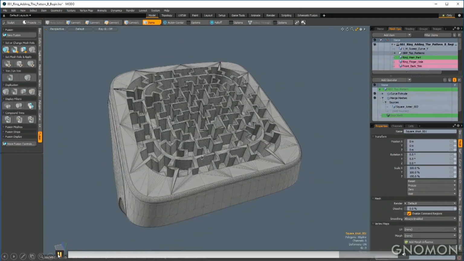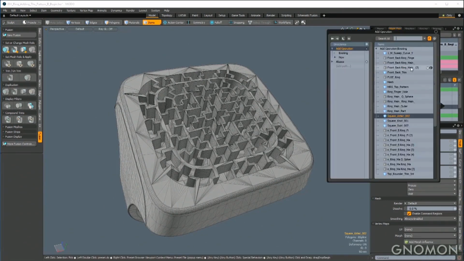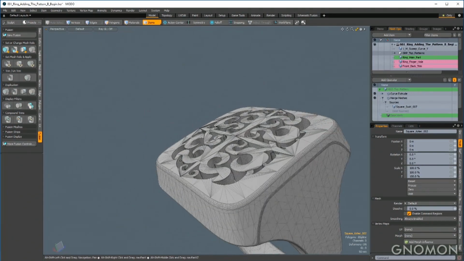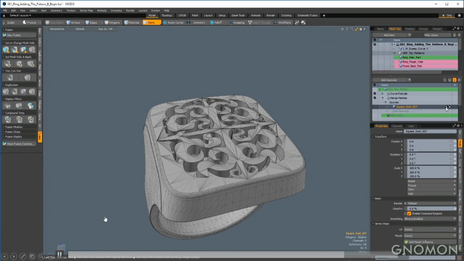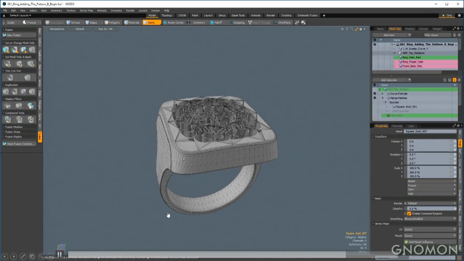So all that work that we did to set up, we can now just take any old design. Even if I make a design later on tonight, I can import it as the source, and now I can just change the design on the fly. It's a super powerful part of Modo 10. So I'm just putting it back to the square knot right here.